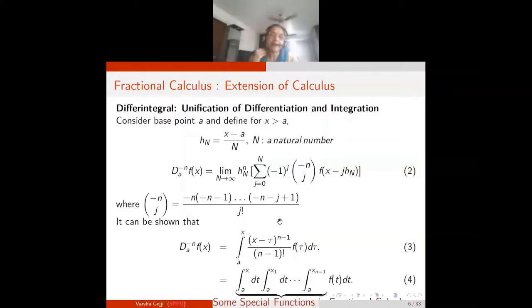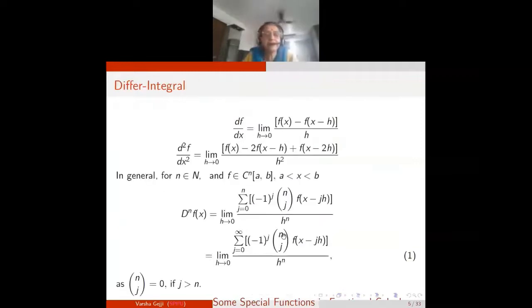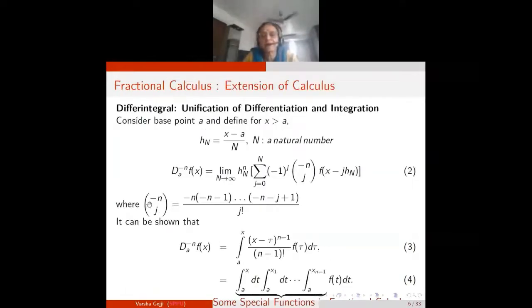So d of minus n, then you substitute here. So when n goes to minus n, this is the way you modify your n choose j symbol, and this is the way you define minus n choose j: minus n, minus n minus 1, up to minus n minus j plus 1, over j factorial. j is a natural number, and then substitute. So this is the way, this is a genius who generalizes this,